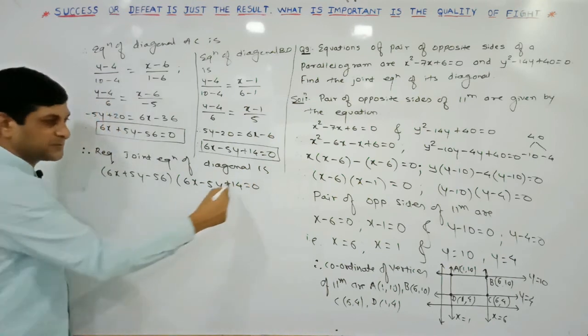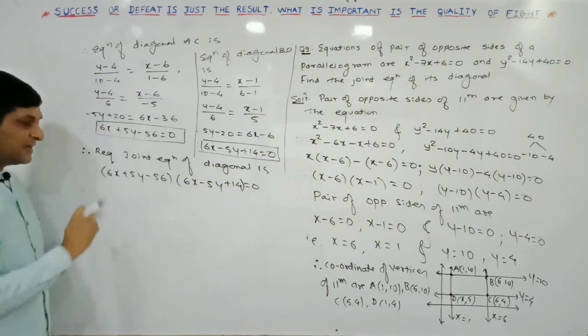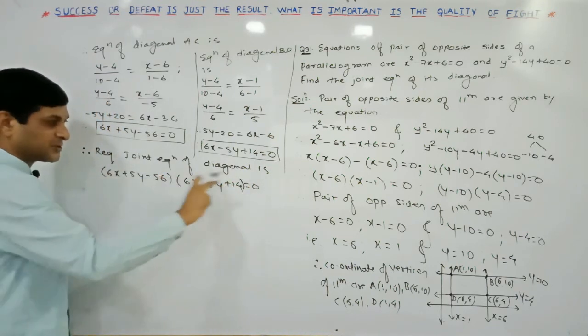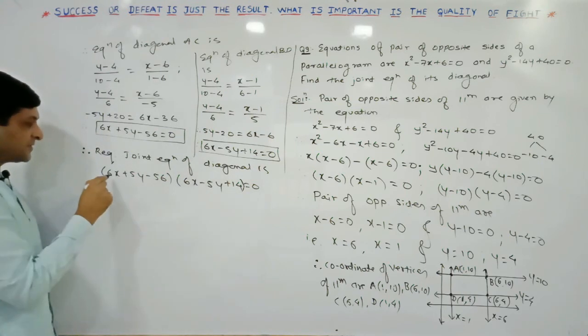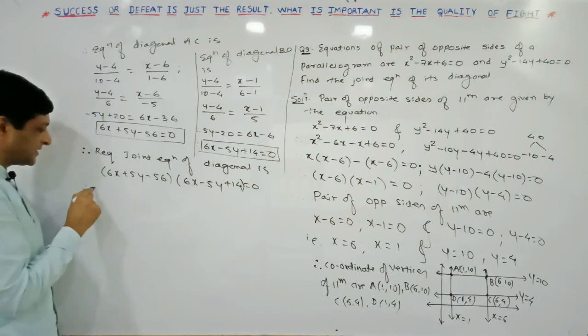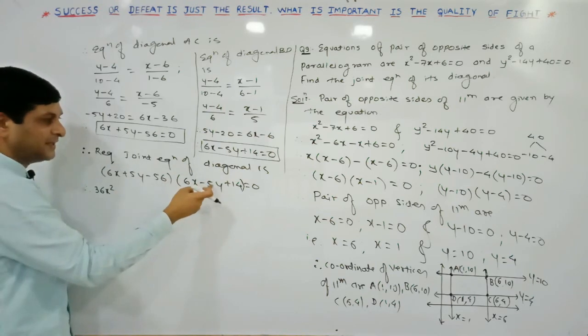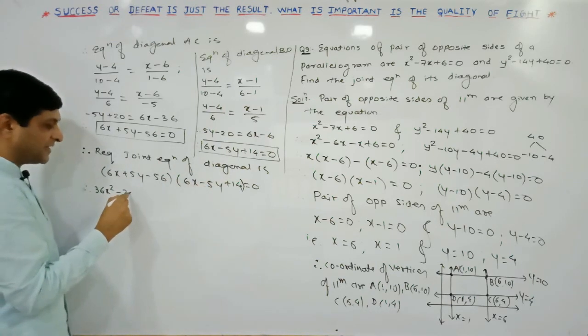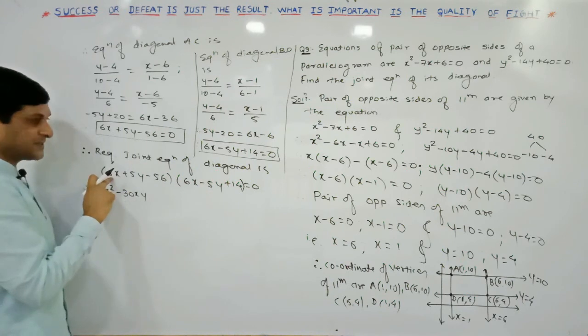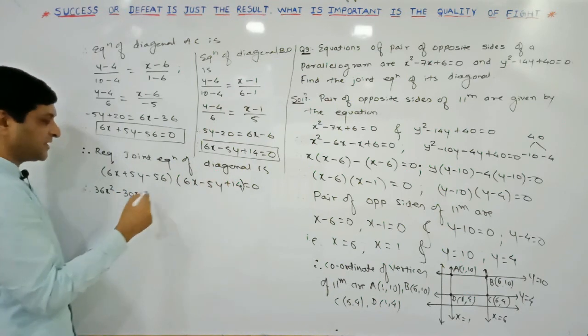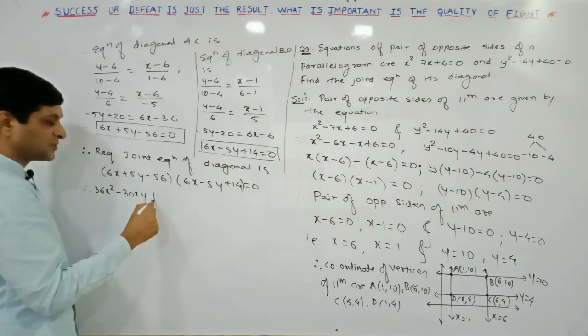Now simply we have to take the multiplication of these two brackets. First I am multiplying by 6x to all the terms in this bracket. So see what we'll get. 6x into 6x will be equal to 36x square. 6x into minus 5y is minus 30xy. 6 into 14 means 14 6s will be equal to